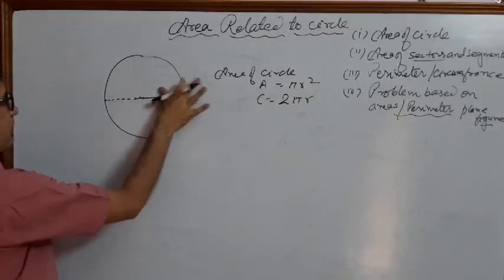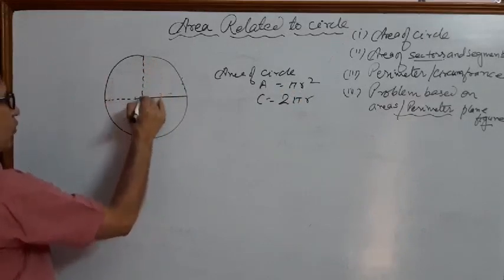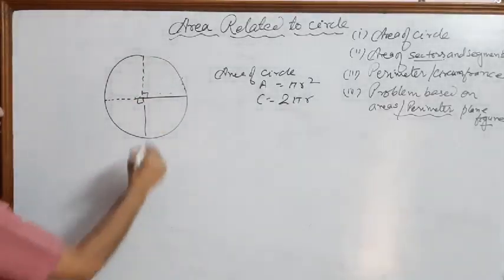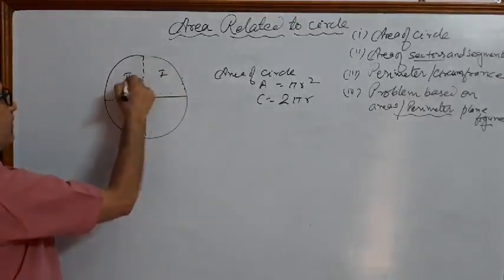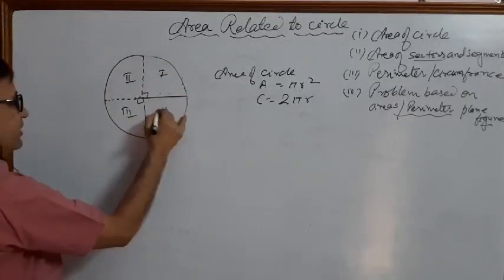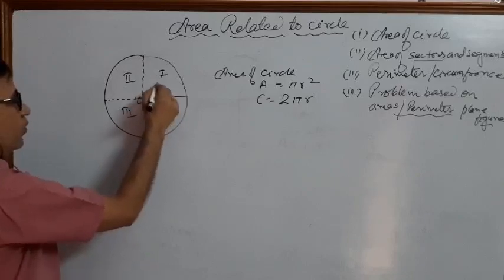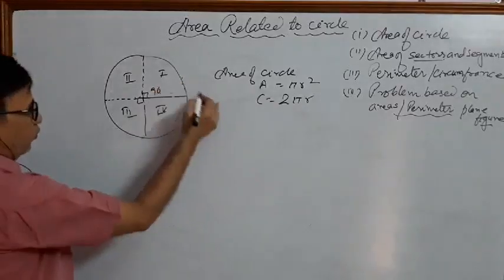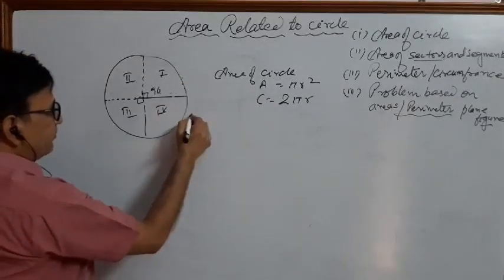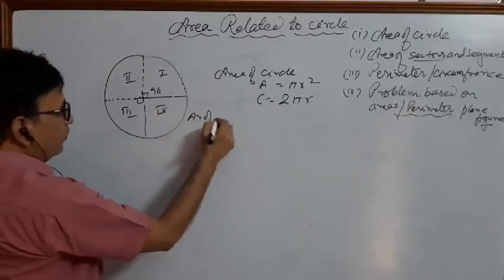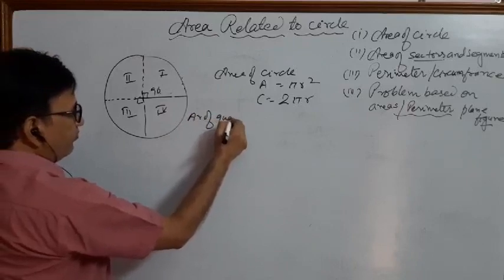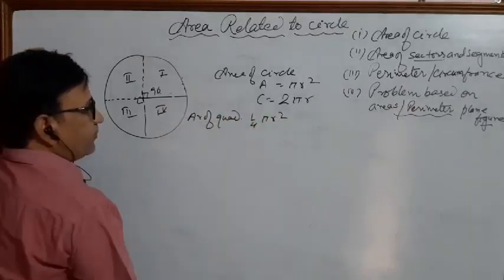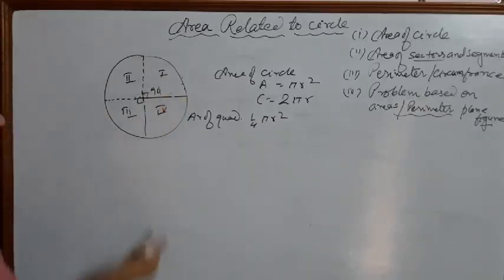Okay, then you see, if you divide the circle into 4 quadrants, right, each becomes 90 degrees, isn't it? With the first quadrant, second quadrant, third quadrant, and fourth quadrant. This is 90. Okay, means theta is 90. Clear? So 1/4 area of one quadrant becomes the area of quadrant, right? 1/4 of pi r square.